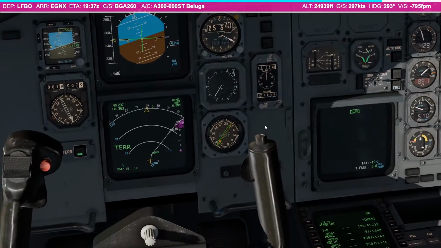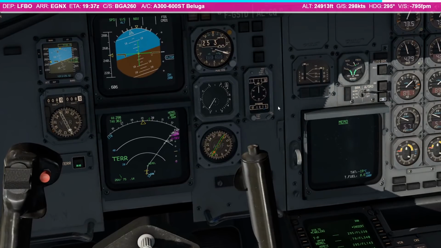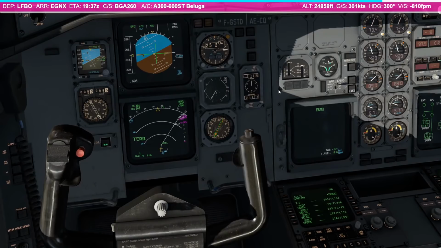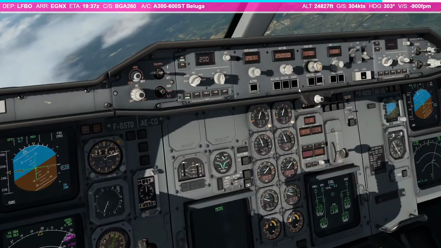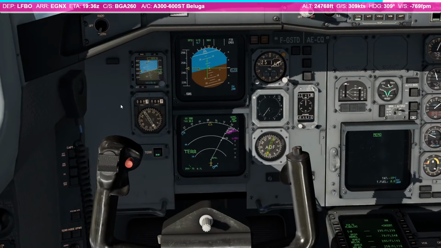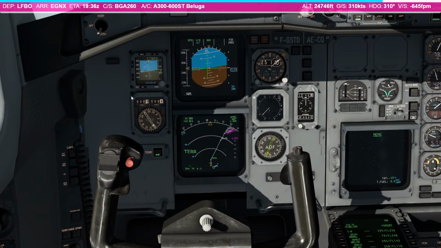62 Romeo, you on frequency? Okay, I'm just checking in. Flight level 190, heading radar, heading 165. 62 Romeo, London control, Kidney 1 Golf, resume own navigation. Kidney 1 Golf, Beluga 62 Romeo. Eurotrans 201, turn right heading...